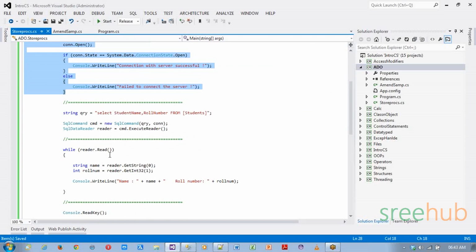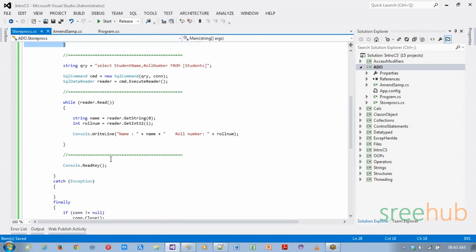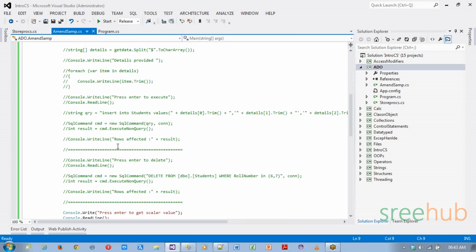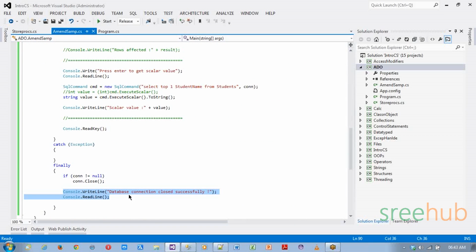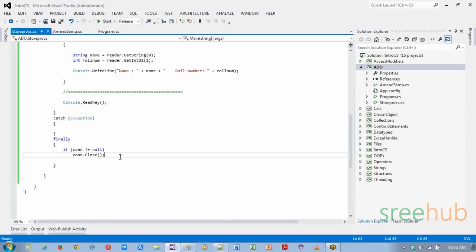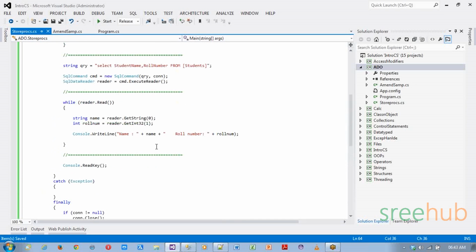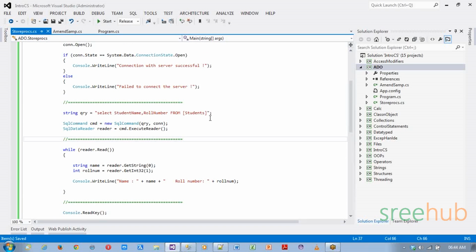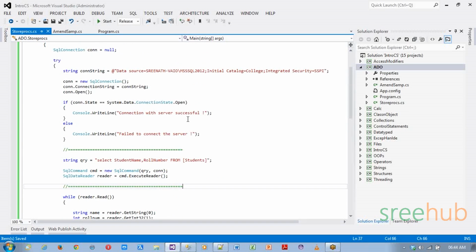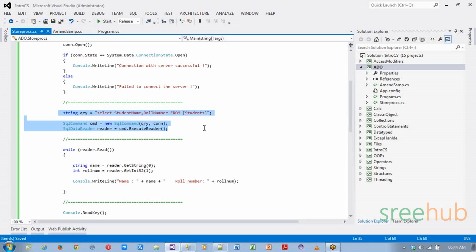But here we have a few things which are different. Now closing, and let me just copy even the closing part here. The closing of a reader, the closing of a connection, everything is the same. But here, the main change is in your command. The execution part of the command is something which completely changed. Now we will not be using any of